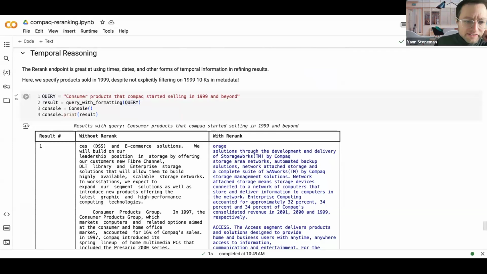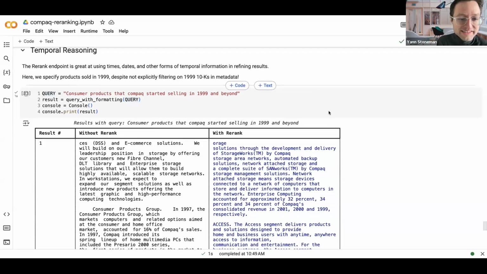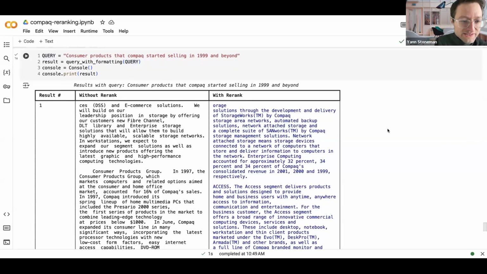All right, and then I think this is the last one, right, before we open up to Q&A. So it turns out 10-Ks don't break it down a lot by quarters or by months. I wanted to show off some more granular data, because you can just filter the years by the file names, which have the years in them. But we decided let's keep this simple and pretend you cannot do metadata filtering here. So let's pretend the years are not in the files and just ask for consumer products that Compaq started selling